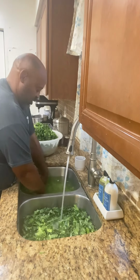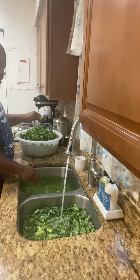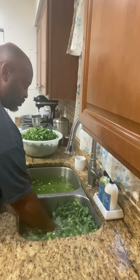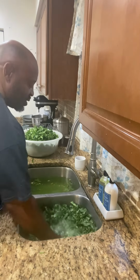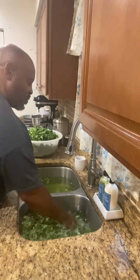Those are my first bunches of greens. They've been washed twice, for those who are counting. Now I'm going to work on these second bunches, and take those and place them over here in this side to conserve the water. And then I will drain this side, and when I get back, I'll let you see what I mean by